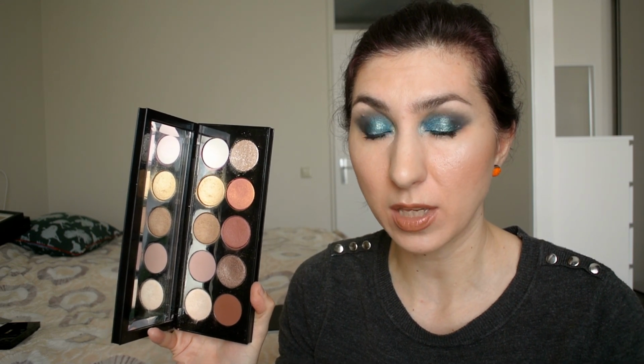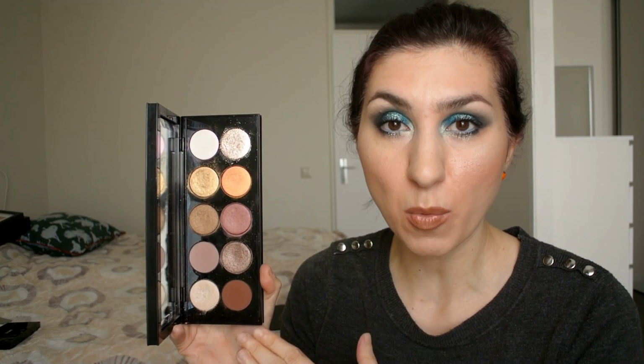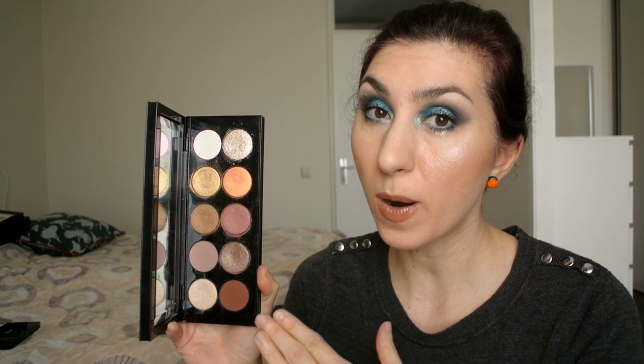It is very appropriate for everyday looks, so for those of you who have always been intimidated by Pat's other big mothership eyeshadow palettes, because they contain a lot of striking colors that are very difficult to incorporate into daily looks, this is an eyeshadow palette that everyone can use. It is so approachable and so easy to use, which is why I don't believe it's going to be super limited edition. I did talk a little bit about the whole release of this eyeshadow palette in my review video,